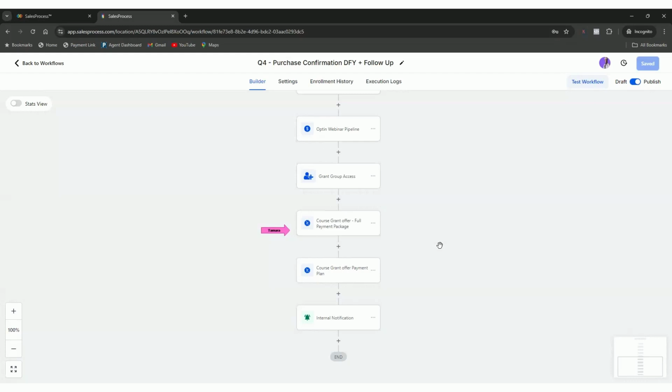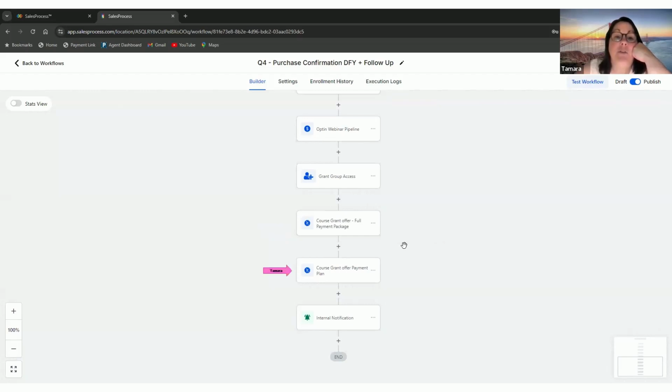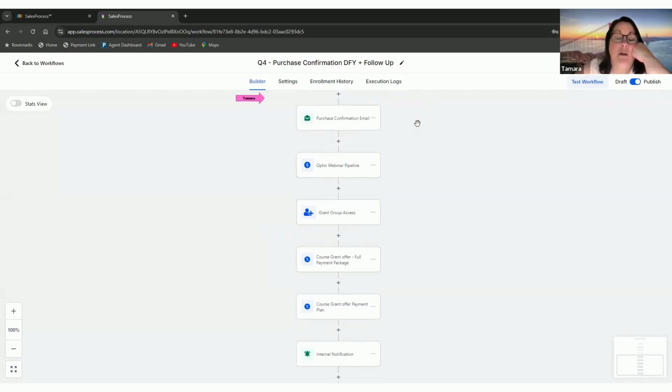So when I do this presentation live, what I do is I give them, hey, if you want a payment plan, this is the payment plan. If you're able to pay right now, this is how you pay the whole thing right now, right? So I was like, so how do I separate them? It's going to take them to the same course. Right. And you only need to grant them access to the course once. You don't need both of these actions because if you scroll up to the top of your workflow here,